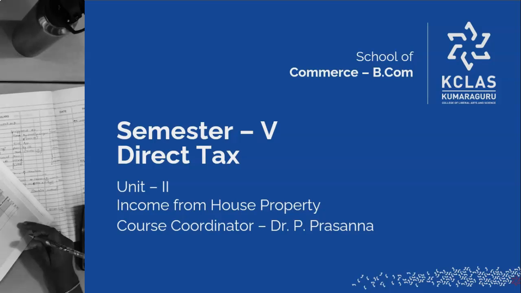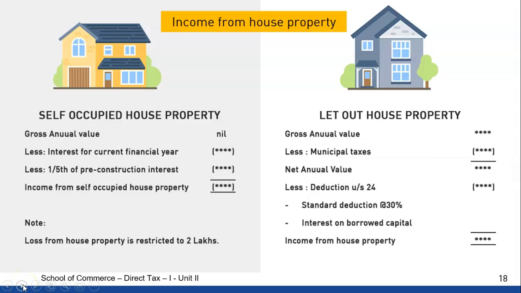In this session, we will discuss and understand how deductions under Section 24 with regards to house property income computation is being dealt. From income tax point of view, there are two different house properties. One is self-occupied house, other one is let-out house property. We know how the gross annual value will be arrived at with regards to both the categories of house property. So from there we are now moving on to find out how the deductions will be applicable, which is dealt under section 24 of Income Tax Act.